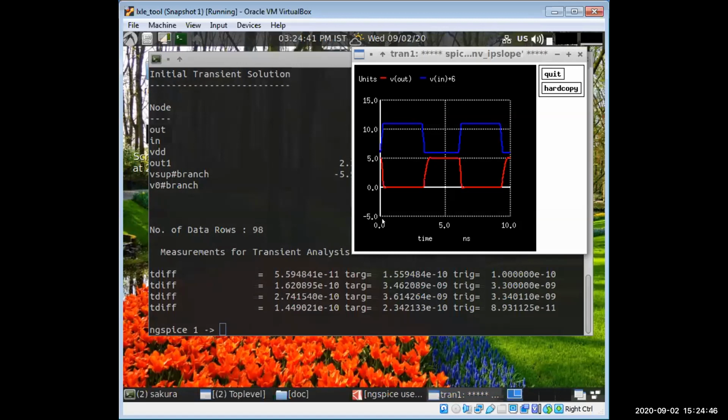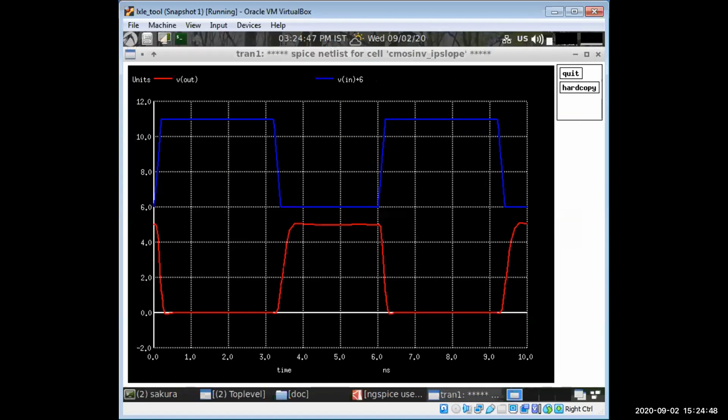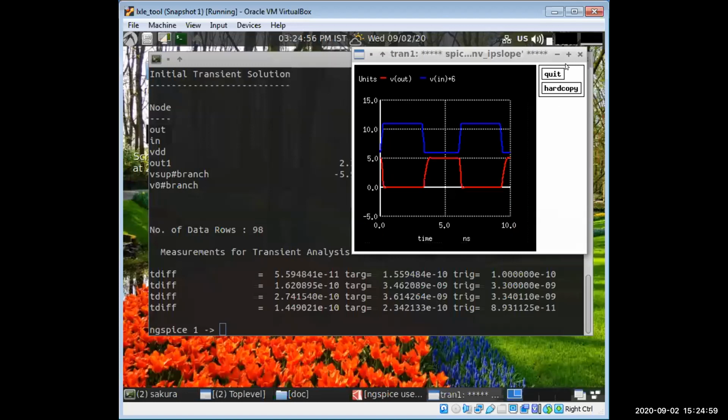Hello? Satabdi, in that measure statement, can you give rise and fall equal to 2? I want to see the second rise and second fall. Okay, sir.